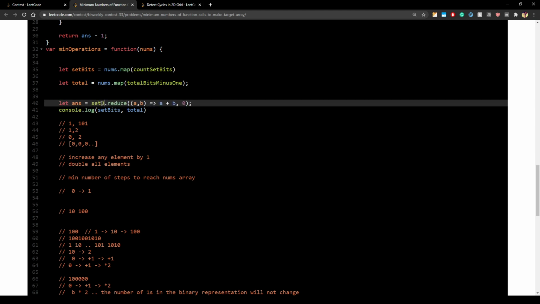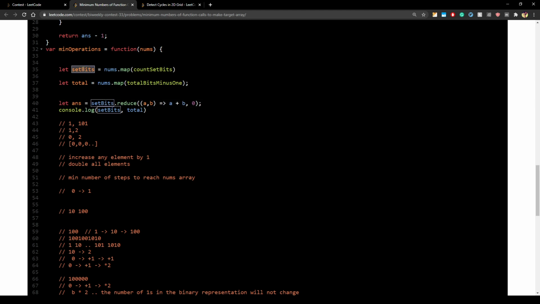The thing I told you about adding one, that information is actually stored in set bits. I'll repeat: set bits contain this information, so we need the total of that, because to reach this number, which is 5, we have to increment it twice, and this information is stored in set bits. Right, so now that is done.